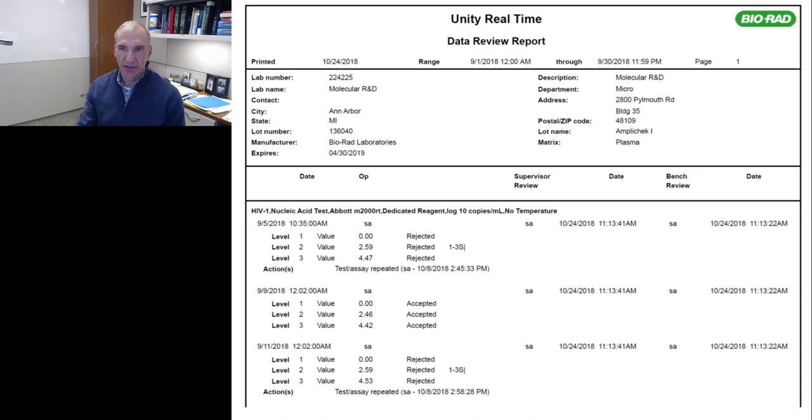You can see the first one was rejected and the third run was rejected. In this, you have documentation here of not only the values that were obtained, but the action that had to happen as a result of the rejection. So in this case, the test or assay was repeated. And we have documentation of the technologist as well as the supervisor review. In this case, this was artificial because this was a research experiment. So the same person was